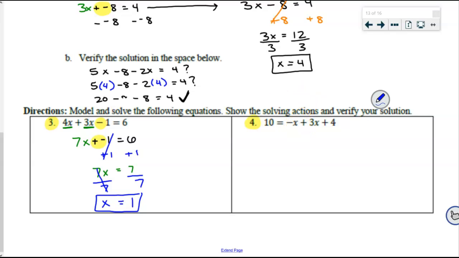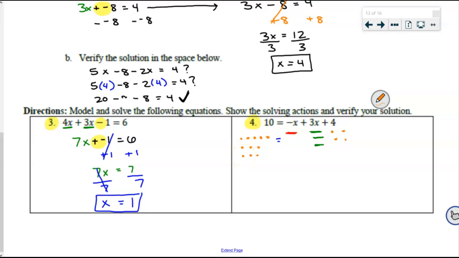Remember, this is an equation, which is an expression equal to an expression. 10 is already simplified. We don't need to worry about that. But this side, we need to simplify. And I can see I have a negative x tile. I have 3 positive x tiles and 4 unit tiles. All of that is equal to 10